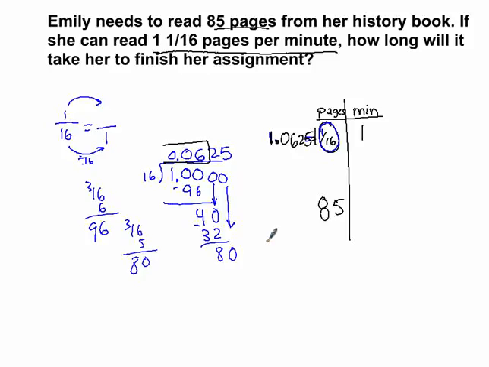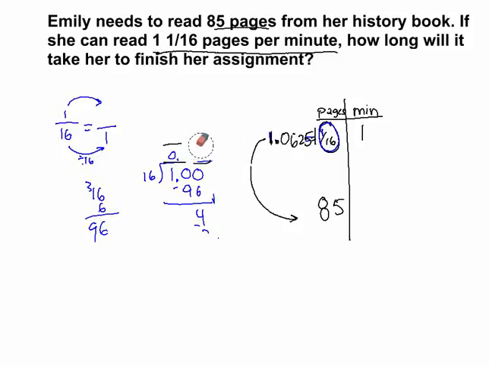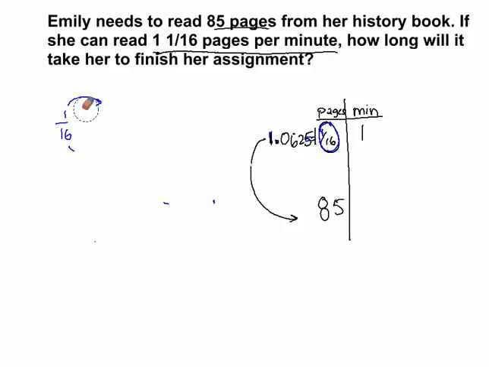Now you have something that you can use, and you can think, to go from 1.0625 to 85, what do I need to multiply by? And you'll do the same thing on the other side. I'm going to go ahead and erase my work. Here's the other difficulty in doing this. This is a very difficult division problem. To figure out what you're multiplying 1.0625 by to get to 85, you need to think, I have to do 85 divided by